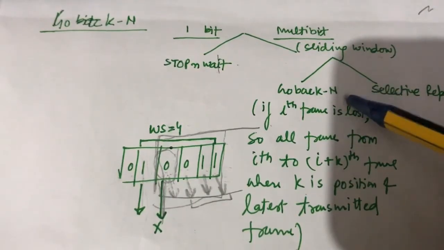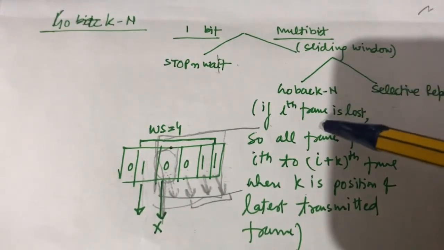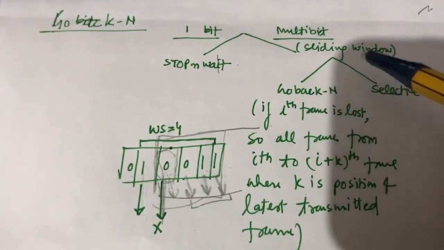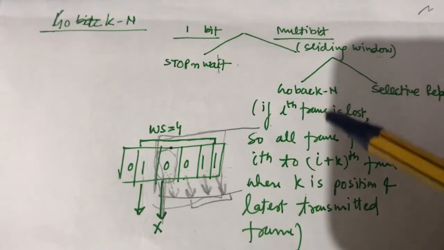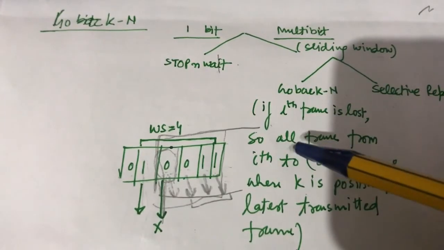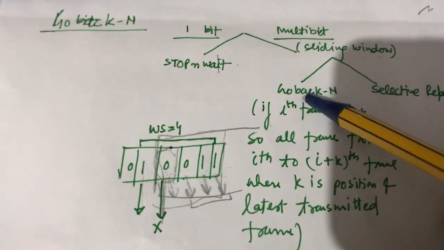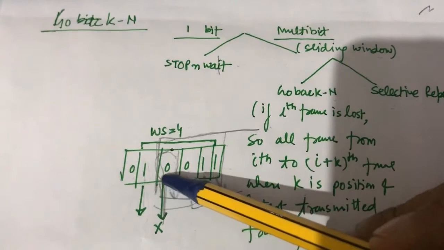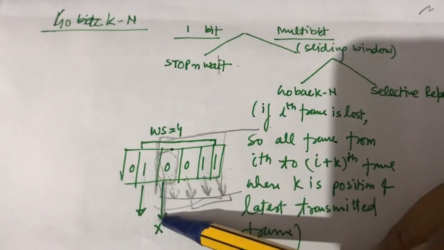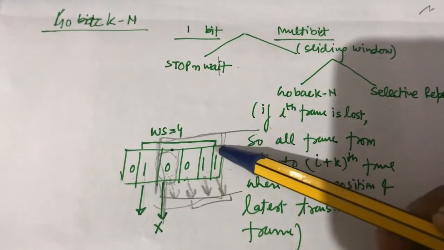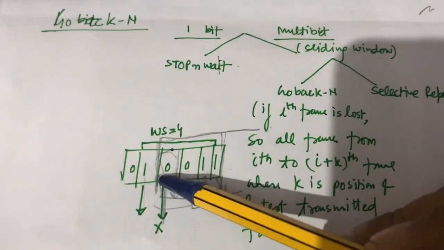So the basic difference in this sliding window approach is how we can deal with such frames which got an error during transmission. So in the Go Back N protocol, if frame 0 got an error and the window is suppose from this to this,